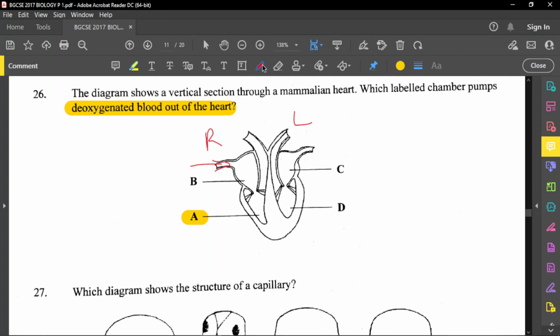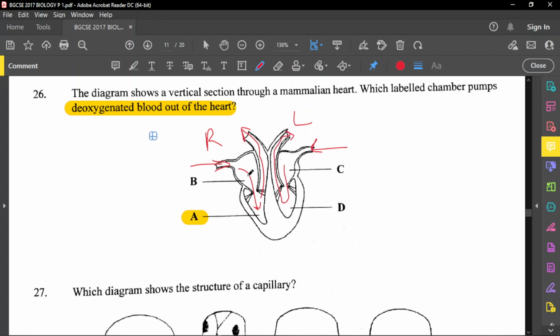So guess what? The deoxygenated blood will travel inside, coming in from the body, going into the right ventricle, and then pushes out into the pulmonary artery and goes into the lungs, right? This here is the pulmonary vein coming from the lungs, and so C and D will be oxygenated blood, right? And then the blood comes in, and then goes out through the aorta and to the body,